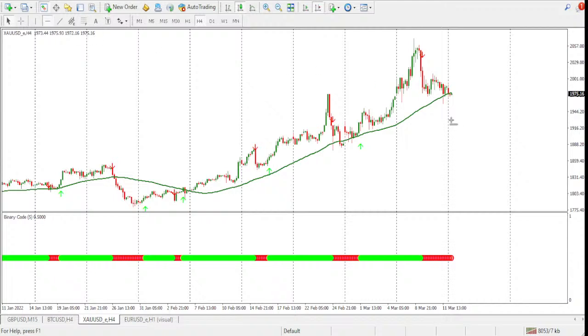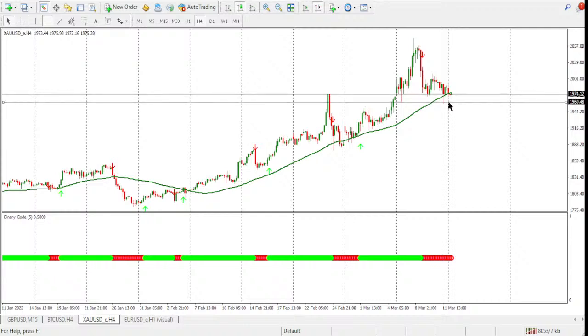We do have a very good support here. We expect price to break below this level clearly. We do expect price to clearly break below 1960.48. We do expect price to break below this point before it can extend to the lower side,